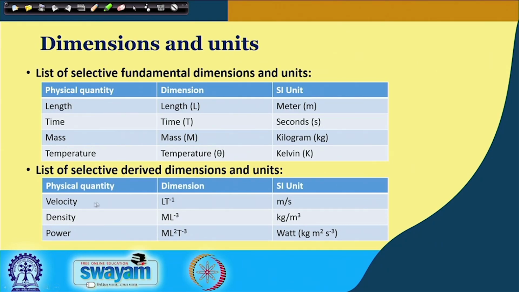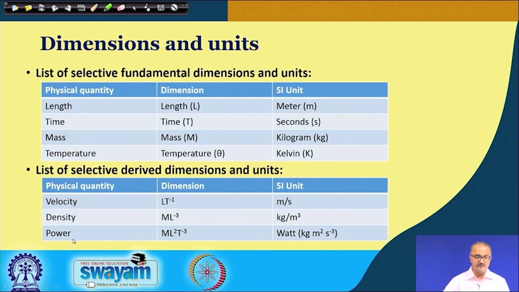Here you see that we have the velocity. Velocity is length per unit time. So, we are writing L for length and T to the power minus 1. Okay. And here the SI unit is meter per second. Similarly, here we have density. It is mass per unit volume, and volume is length cube. Okay. So, that is why you find length to the power minus 3, and this is kg per meter